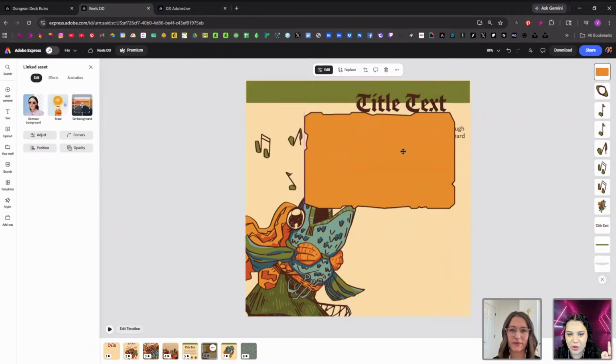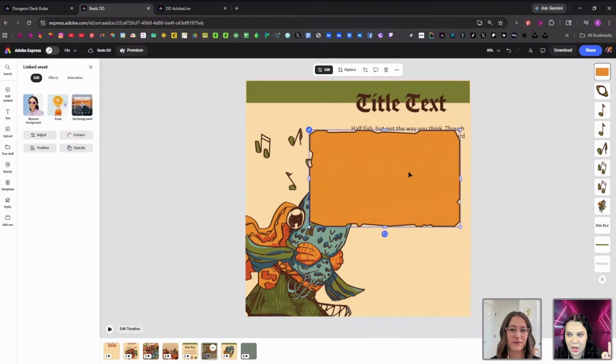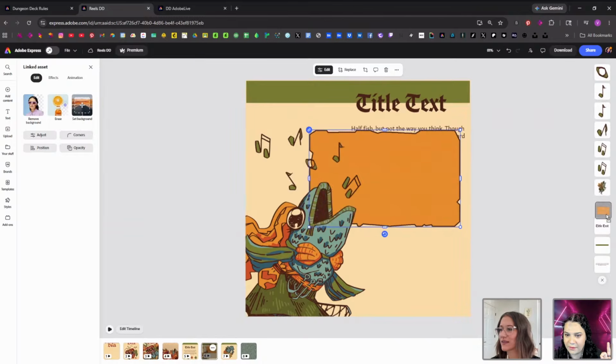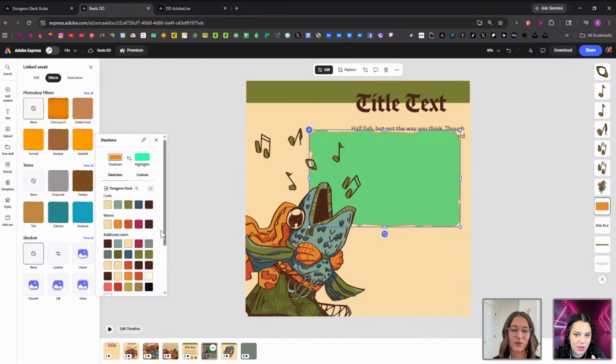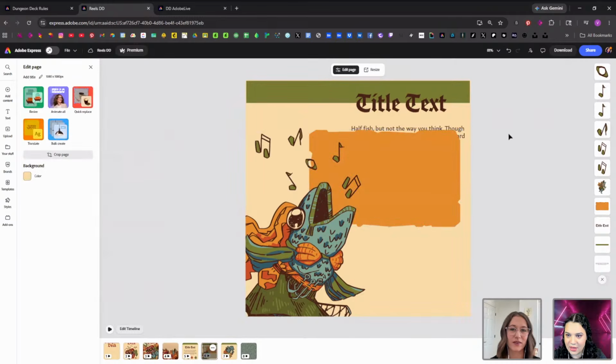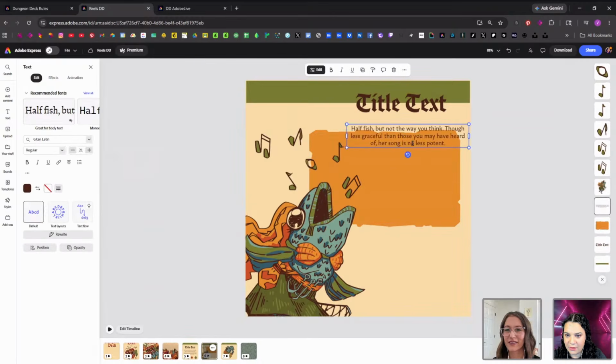I make little shapes and things. In fact, I'm wondering if we could probably do this. We're going to put this under her. I will make a shape that I like, and sometimes I do colorways for it. And if I don't need that colorway, I just go into effects and duotone and I color it however I need it to be colored. So we're going to make it that orange color, and now it's a solid shape, and it's the orange color that I wanted. And we're going to put our text over top of it.